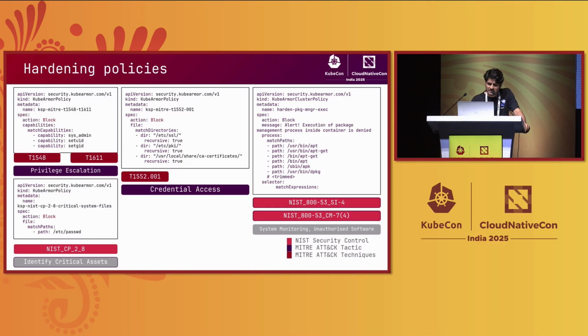Here we see some example policies that enforce particular compliance security controls. Like we are denying the access of package managers at runtime, and we are denying access to sensitive assets like root directories, root certificate directories. We are not allowing sysadmin capabilities. Those might have risk, right? And also sensitive assets like etc password. Those are the recommendations that these compliances make, right?